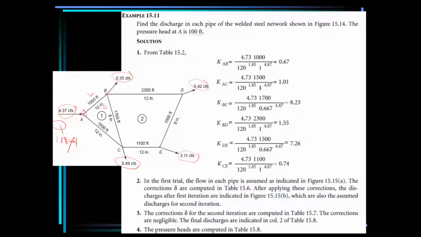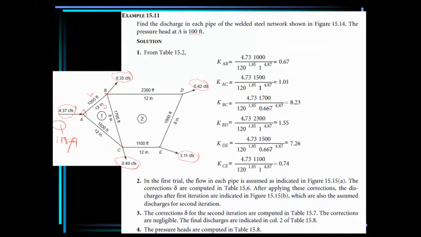We now compute K, which is step number 2. Compute K, the resistance coefficient for each pipe, using the appropriate expression. But to compute K, you will need to